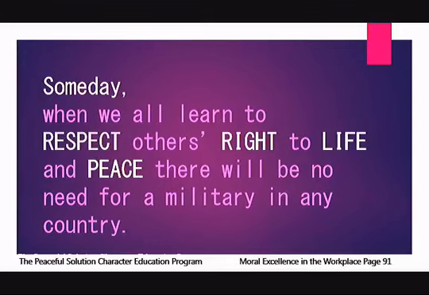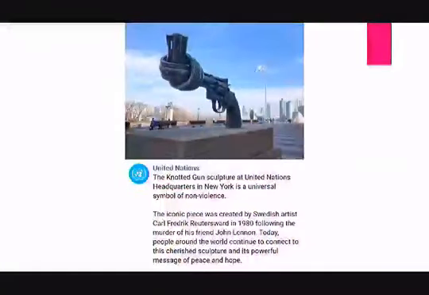I do have another slide, and it's a slide of the United Nations building where this man put a sculpture of a gun that has the shaft of it twisted, there you go, so it can't be used to kill. This man was born in 1934, which I find pretty amazing, that was the same year Israel Hawkins was born, who brought forth the peaceful solution. The reason he did that sculpture is because his friend was killed by a gun.